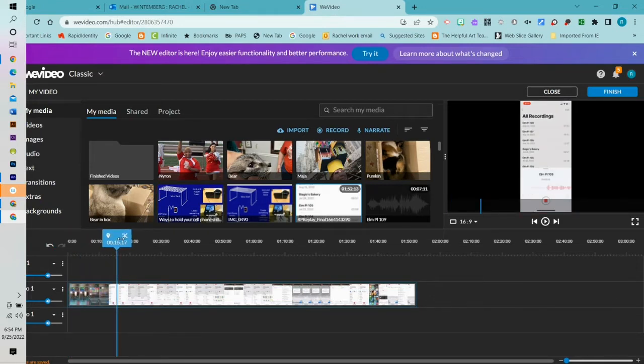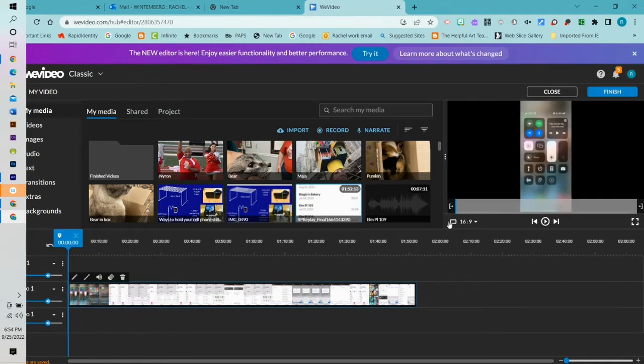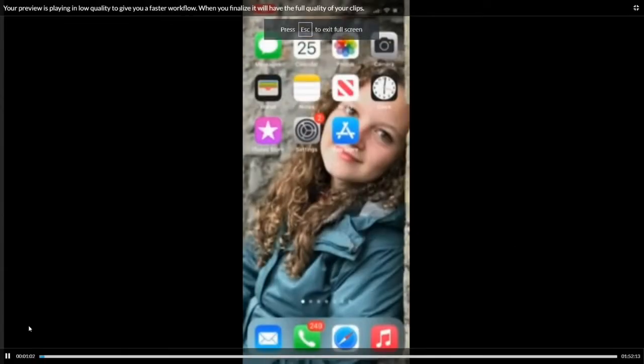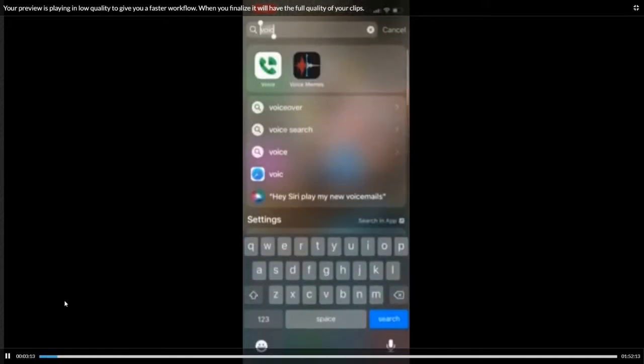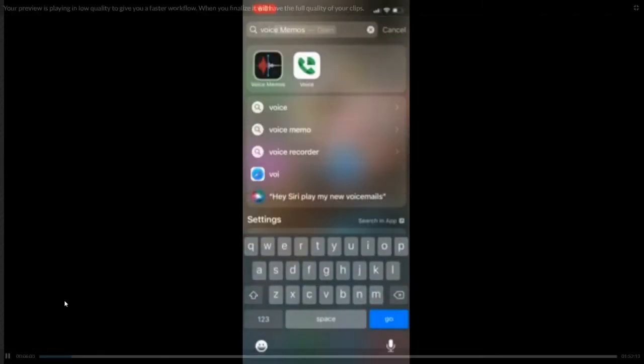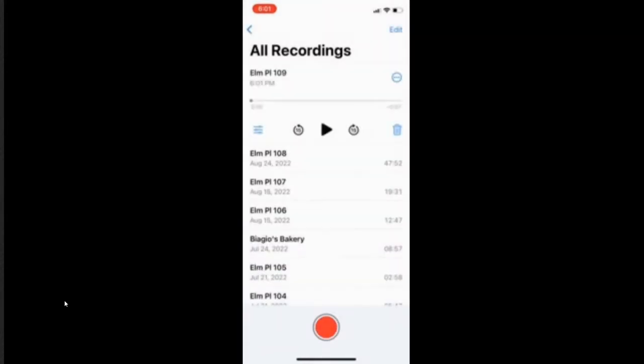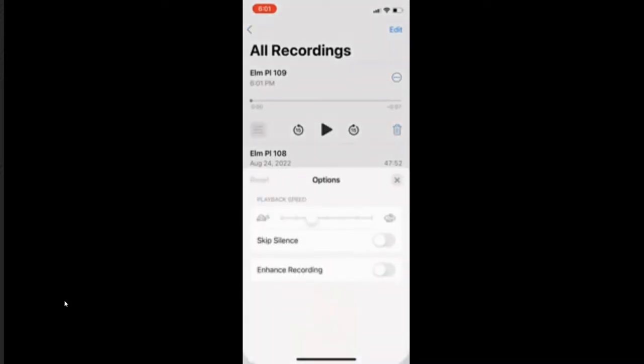Oh, yes. I'm just going to enlarge this and play it. So what I have here is me going to the top and typing in the word voice memo. And you see the voice memo app on my iPhone. If I hit that red button, I can record the voiceover for my video. And I can upload that directly to Google Drive and then download it to my device. Once it's on my device, I upload it to my library and I can drag it down onto my timeline